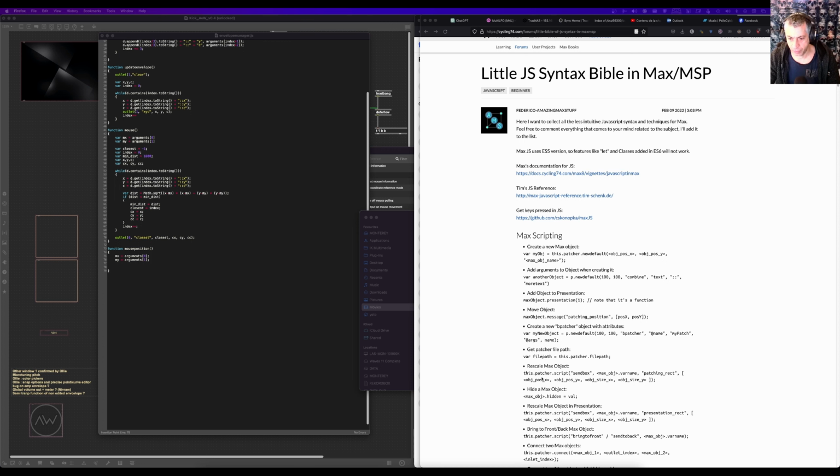So what I'm wanting to do is something like that, patching rectangle. So this is something that you can actually do from within. I'm not really sure what we need to do